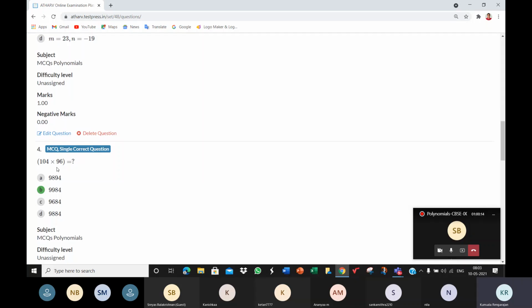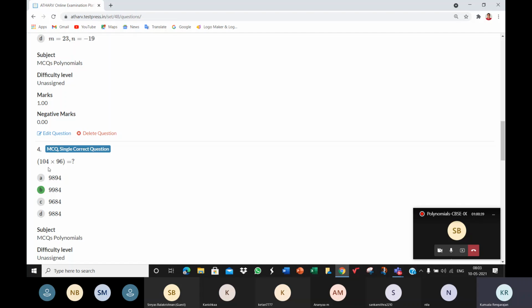So here in this one, you were not expected to just multiply 104 into 96 like we do in third standard and give this answer. No, you should have sincerely used the formula a squared minus b squared. See, it's MCQ, so nobody's going to make out how you got the answer. But you need to be true to yourself, right?